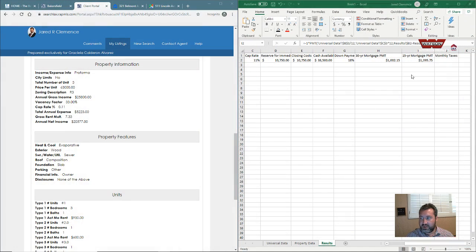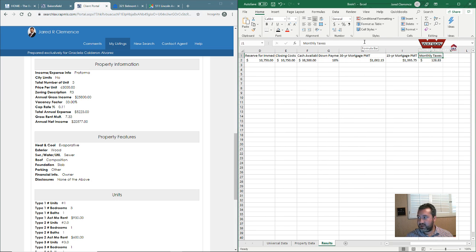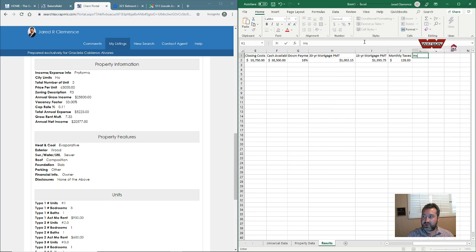So if we can afford to do a 15-year mortgage, let's do it. If we can't, well, monthly taxes. We're going to go back to the property data. We're going to grab the taxes. Those are annual taxes, and we're going to divide those by 12. Okay. Let's do insurance. Let's estimate that at $40 a month. We're going to do total